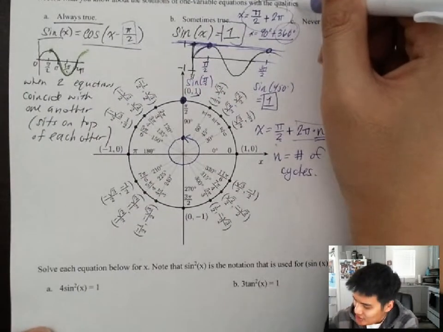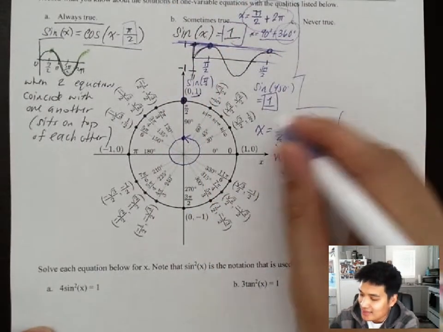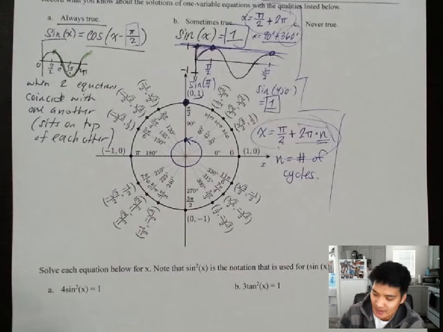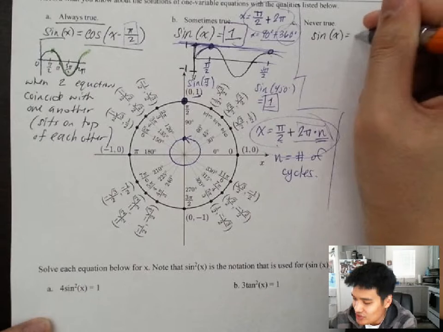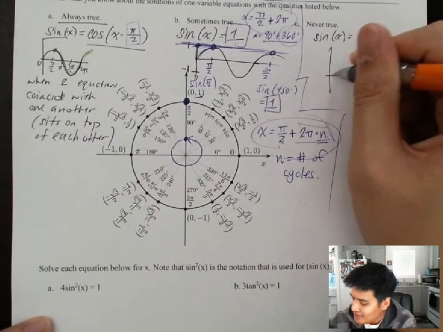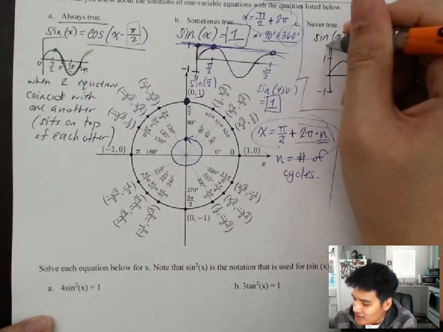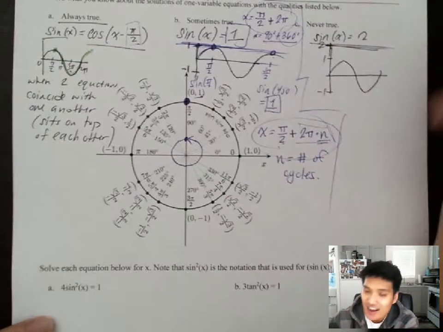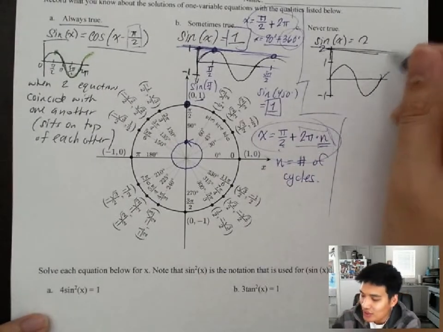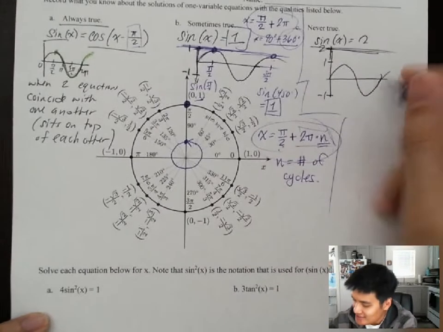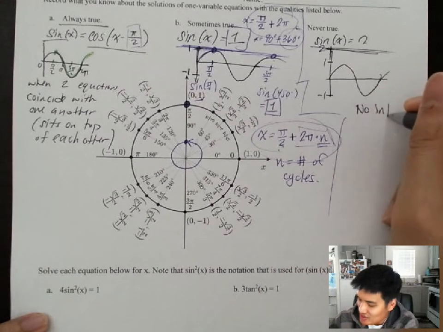Okay, so in this case, this equation is sometimes true at these x values here. And of course, when it comes to never true, let's say sine x is equal to 2. If I were to graph sine again, here I have 1. And if I were to plug in 2 right over here, there are no intersections at all. This graph will never go all the way up to 2. So in this case, we can say that never true means that there are no intersections